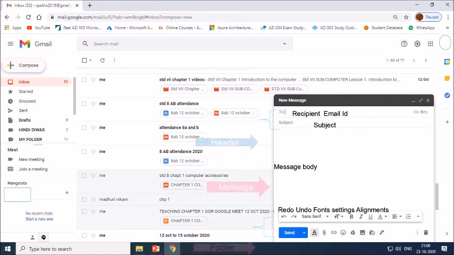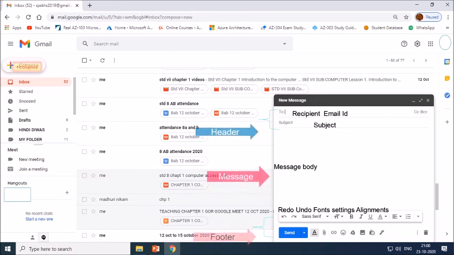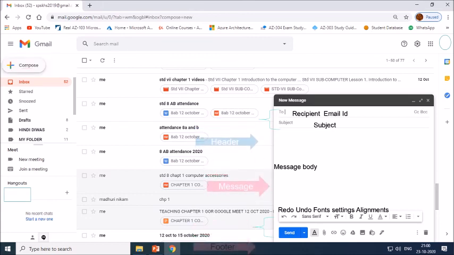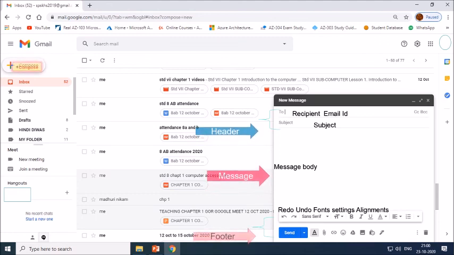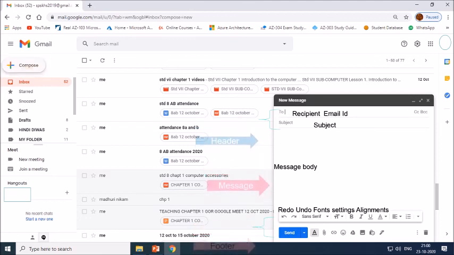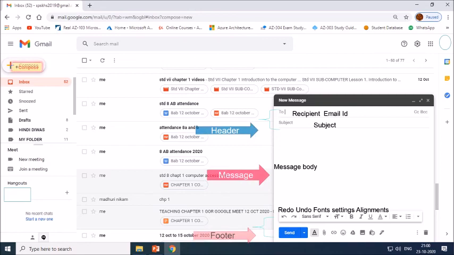Content is written in the body of the message. Next comes the footer. The footer consists of the send button, attach file and discard draft. We can send a data file to the recipient by clicking on the attach button. So this way we can compose the email.